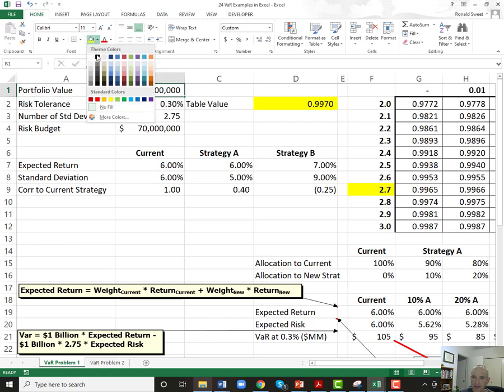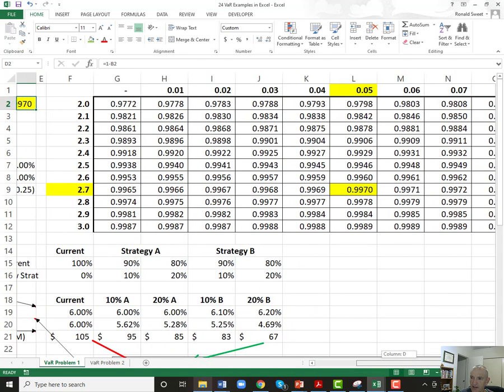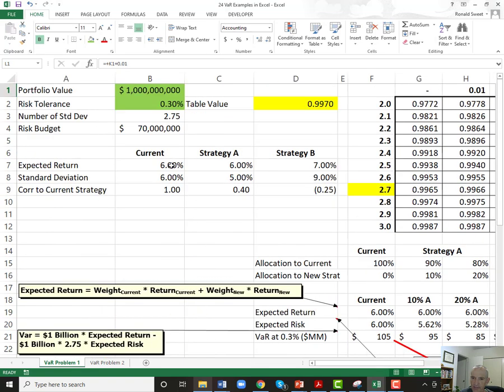So that's given. Let me mark anything that's given as green. The risk tolerance is 0.3%, that's given. So what is 0.3%? You take 1 minus 0.3%, and you're looking for 0.997 in the table. There's 0.997, that's 2.75 standard deviations. So that's something you have to calculate,